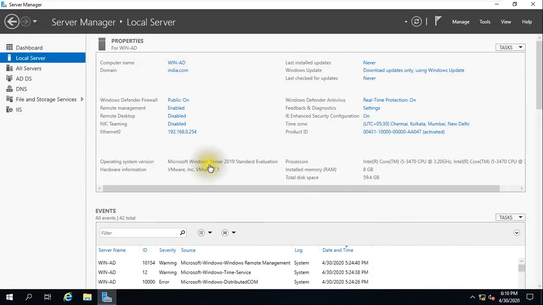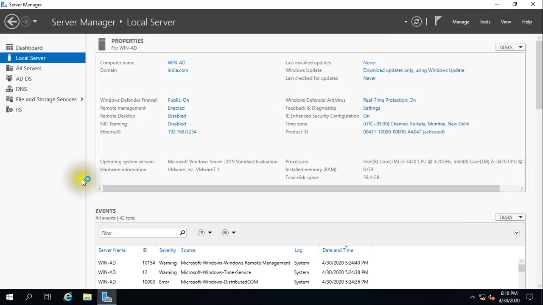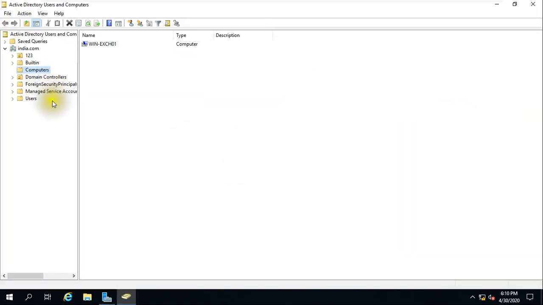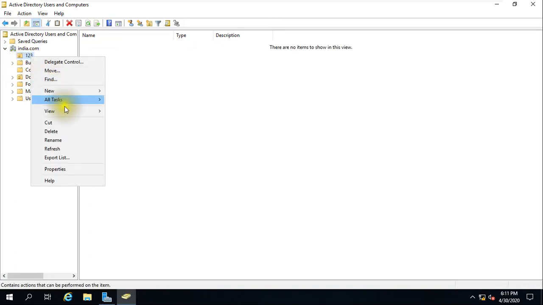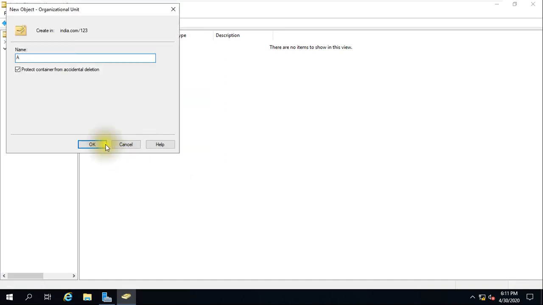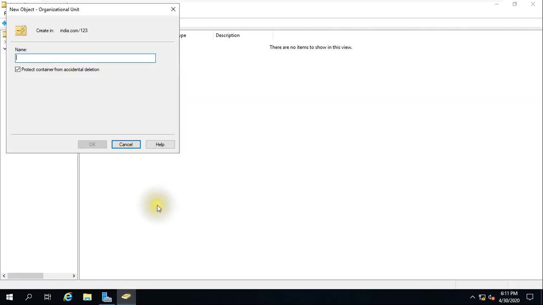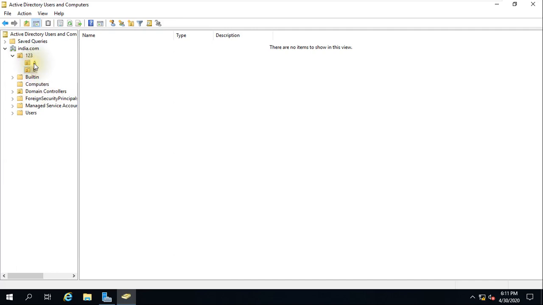Now I will show you something. If I go to my Active Directory, to Users and Computers, I can create multiple OUs. For example, I have created one OU, and I can create one more, giving it the name A. I can create another one, B. Now I can keep users separately.